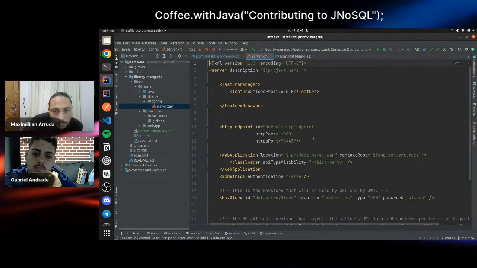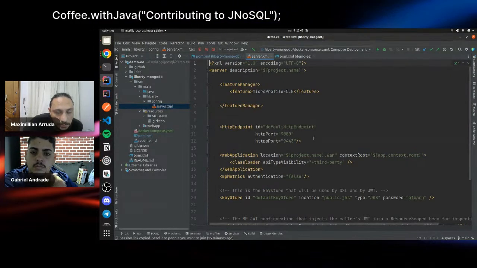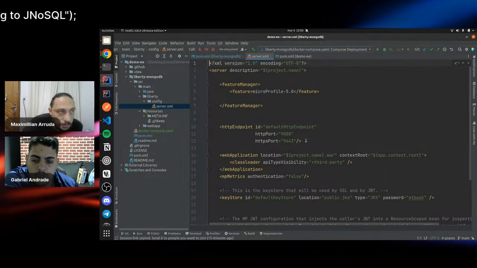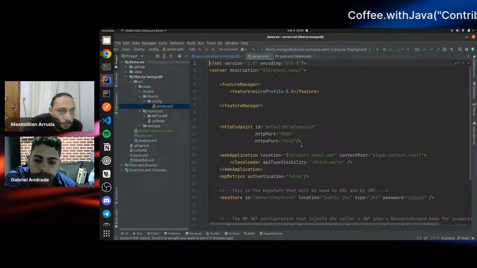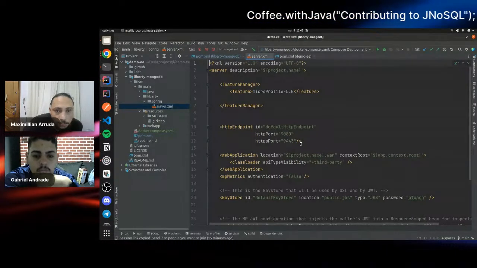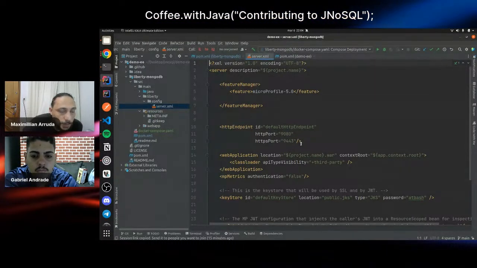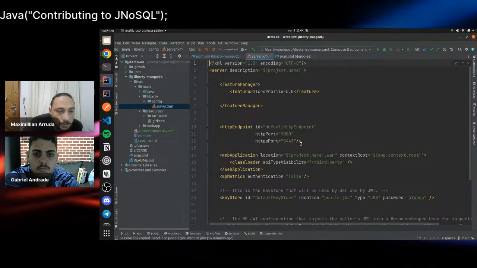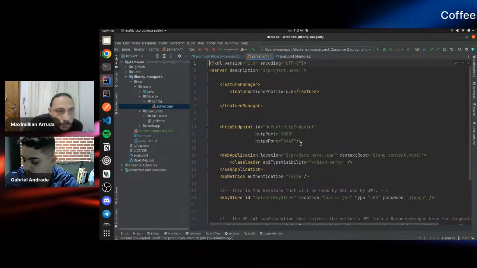This is the main configuration of Open Liberty, where you can instruct Liberty to start up features of MicroProfile or Jakarta or any feature this application server supports.